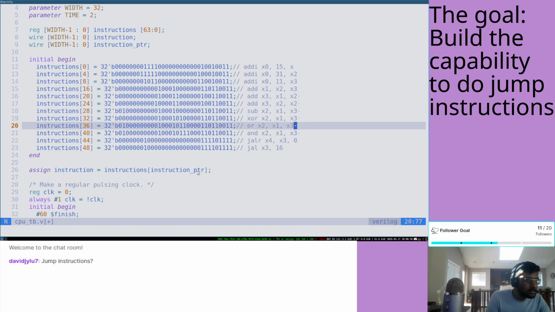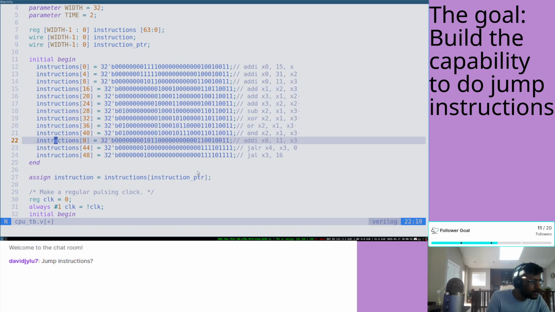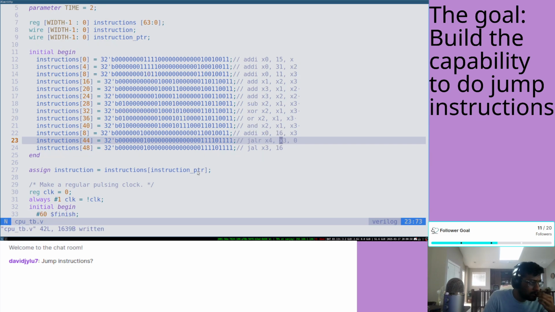add I x3, 16. So 11 is 1011. Yep, immediate. So we want 16. So this is 8. There we go. There's 16. We're putting 16 into x3. And then jumping link register